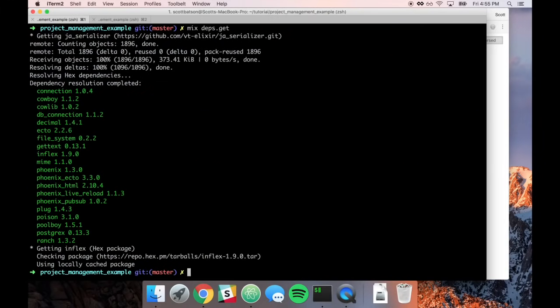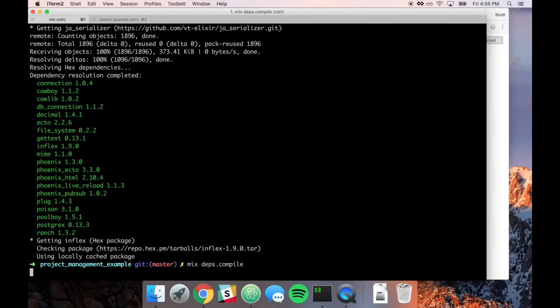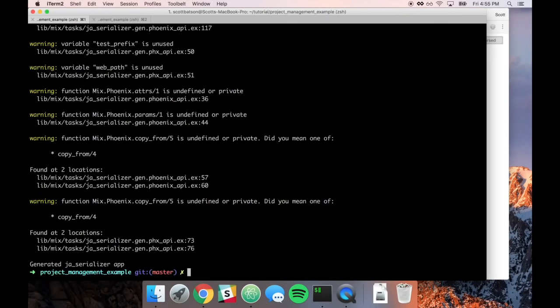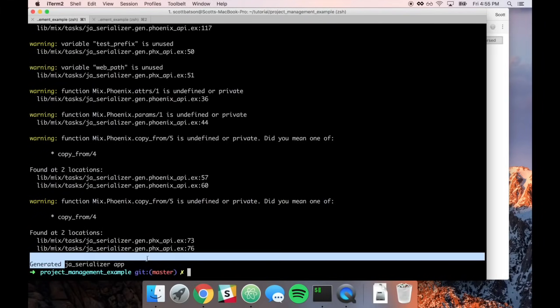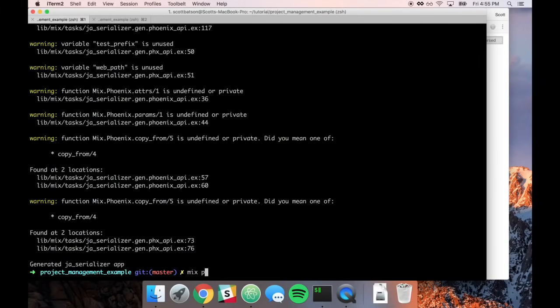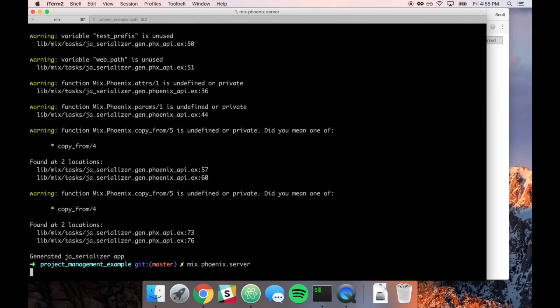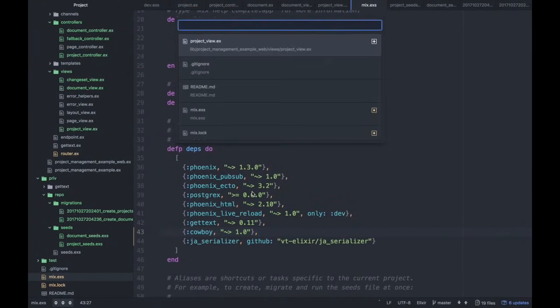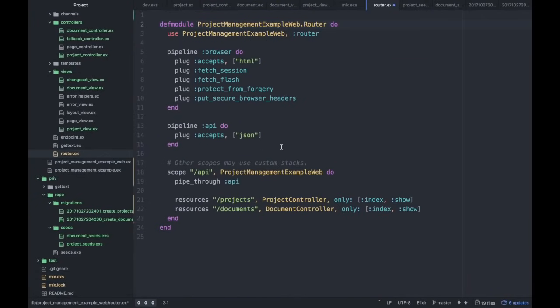So that will install our dependencies. We can do mix deps.compile. So we'll recompile our dependencies, make sure everything is installed. There, generated JSerializer app. Cool. So mix phoenix.server. We'll run that app again on localhost 4000. So the first place to start is, in fact, our router, because you'll see plug accepts JSON. So let's actually write a new plug, or excuse me, a new pipeline,